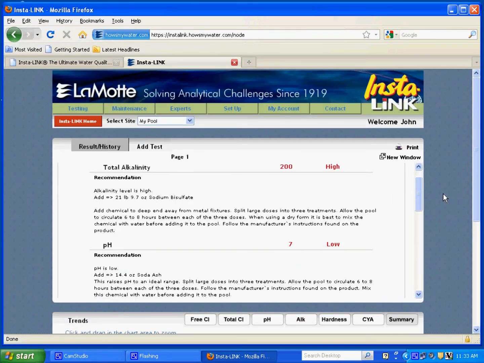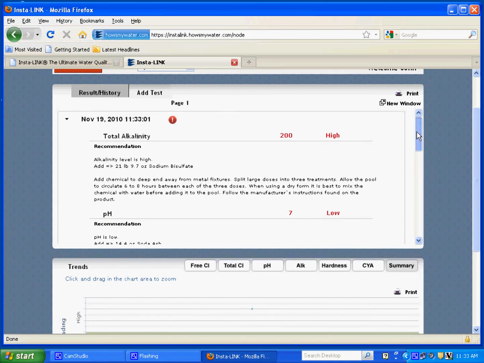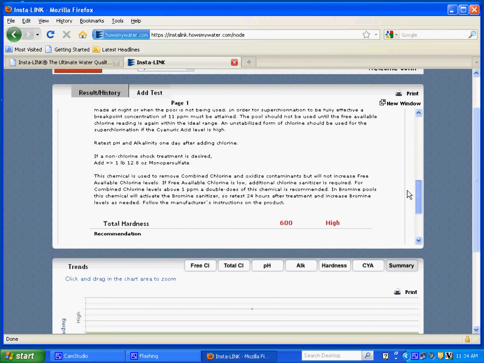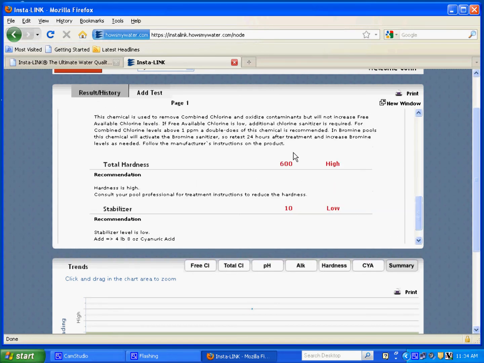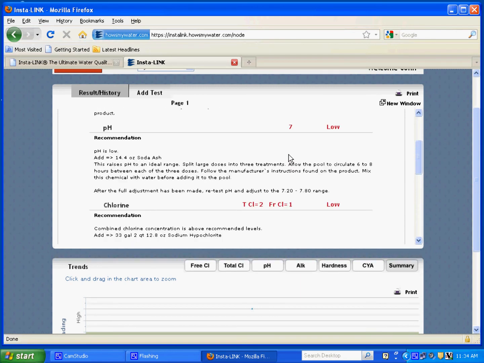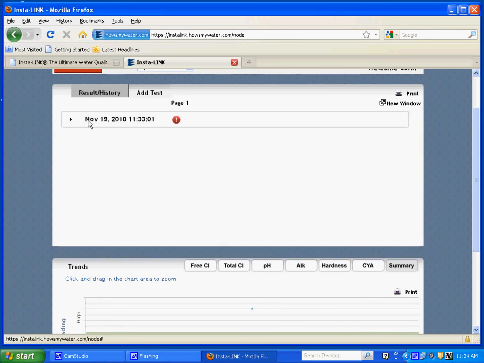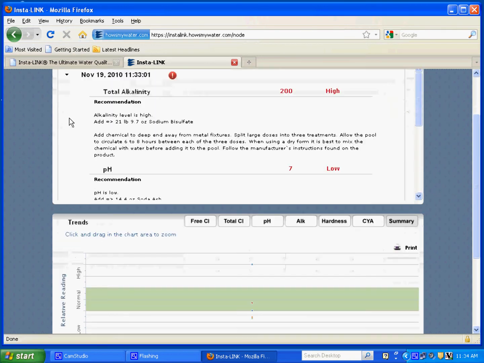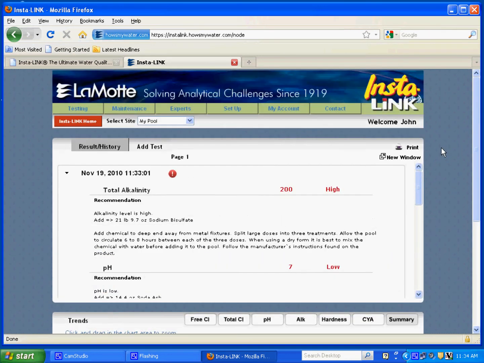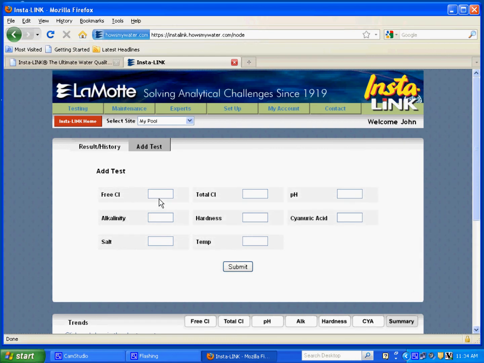Okay, and it returns with information regarding your test results. It shows you what the result was, whether it's high or low or alright, and then provides a recommendation. You can minimize this to hide the recommendation and other information, or expand it to see the details. As you add more tests,